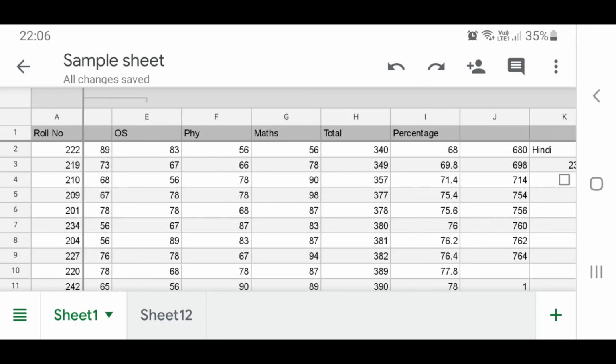This is a very limited version. The full capacity of Google Sheets cannot be utilized using your mobile app. The best possibility is either a desktop or a laptop. There are lots of features available. With the limited facilities or limited access, there are lots of things that you can do. All these are the powerful capacities of Google Sheets.